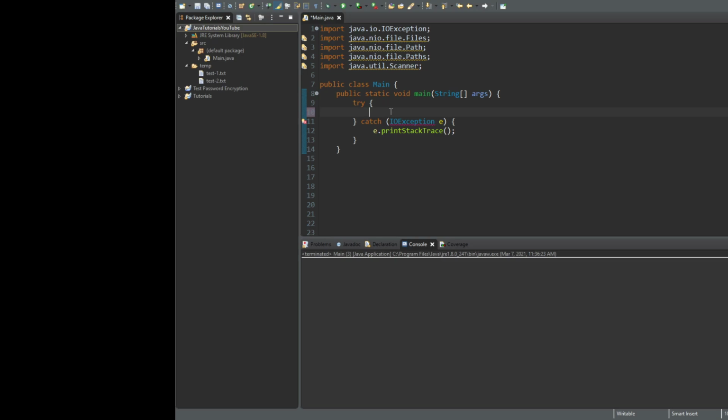what we're going to do is, like we did in the previous two tutorials with copying and deleting files, we're going to prompt the user, hey, do you want to move these files to this location? So first, let's define those paths, the source and then the target, right? So path, we're going to call this original. We're going to set it equal to paths.get. And inside of the get, we're going to say the original is going to be temp/test/test-1.txt,